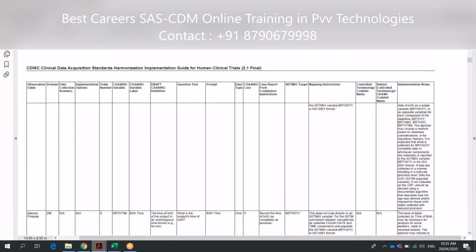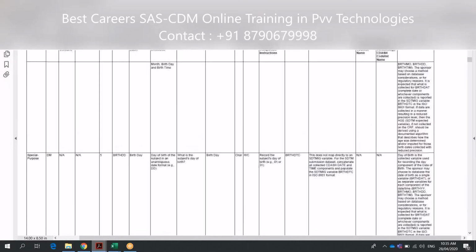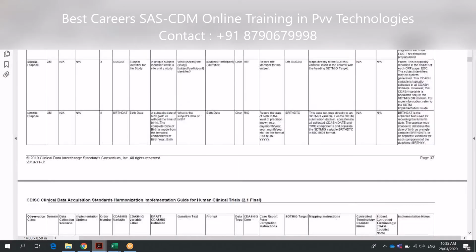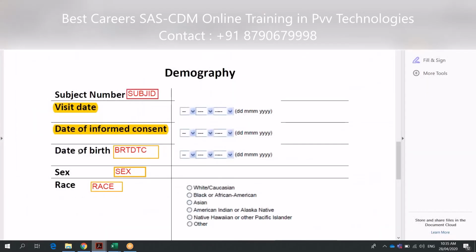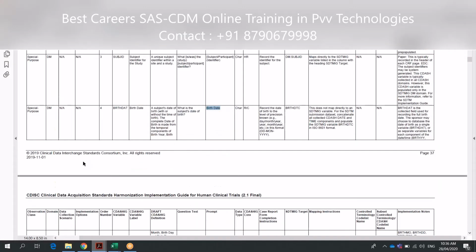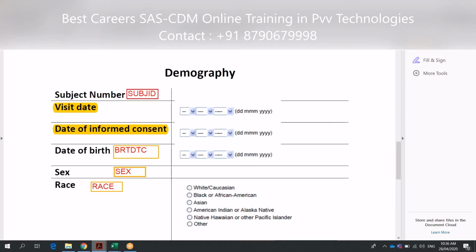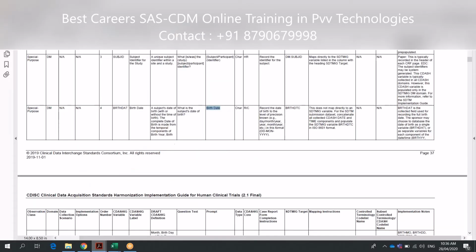birth date. So this is how the prompt says birth date. But if you see here, it says date of birth. Ideally, it should be birth date. It's better to put birth date. The prompt is more of an optional thing. Sometimes they will say we will collect it like date of birth. It's not wrong. Again, you have to keep in mind, CDISC is always a recommendation.